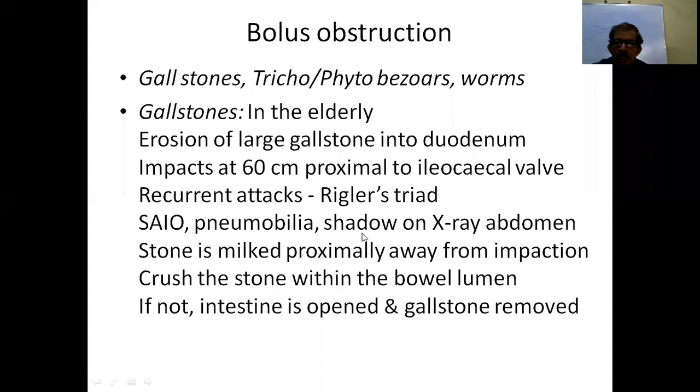Okay. Then the shadow on plain X-ray: you will see the gallstone distally, that is in the right iliac fossa, you will see the shadow. So these three form the Rigler's triad. So on laparotomy, suppose you need to do laparotomy, what you have to do is,